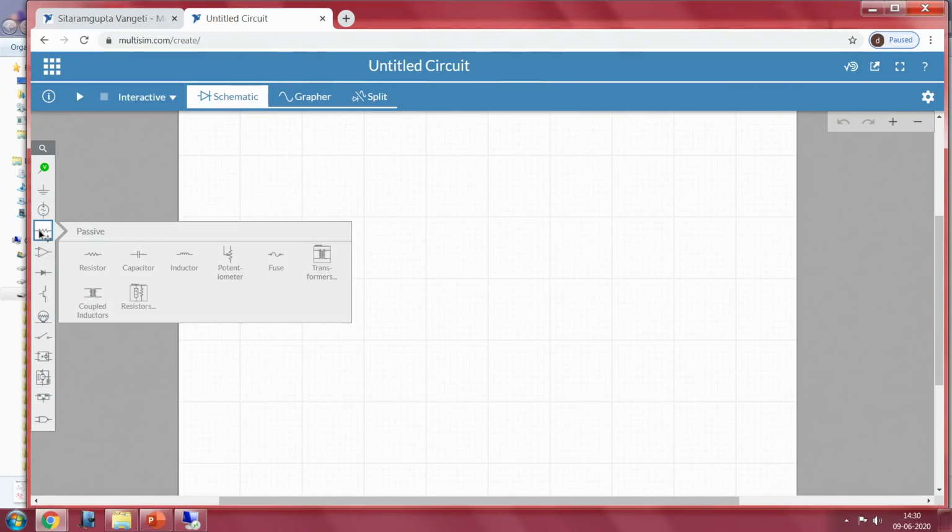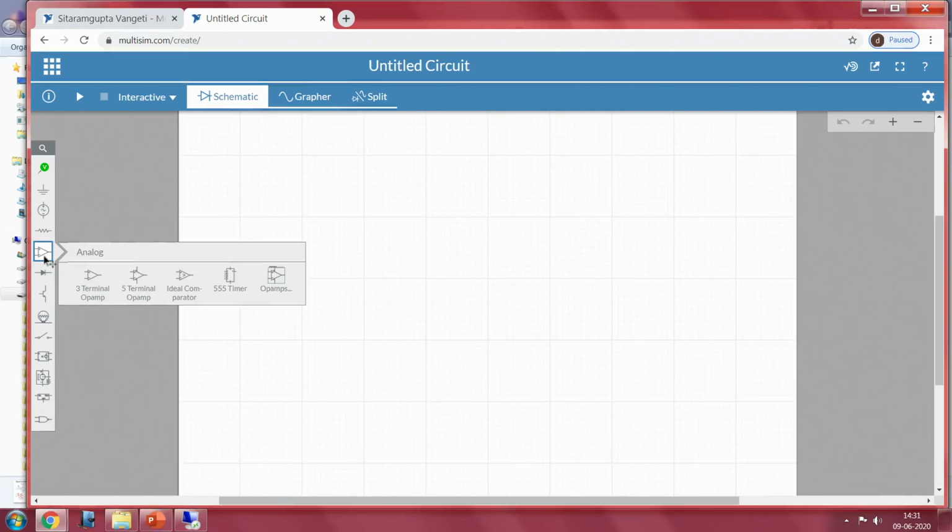So, most of our electronic circuits use passive elements like inductor, capacitor and resistor, especially pots too. So, all different passive elements are available at one particular tab, the passive tab, where you can see all resistors, capacitors, everything. On the next tab we can see different